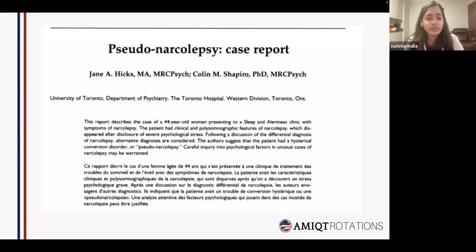So after assessing further over a period of time, she entirely lost all excessive daytime sleepiness. Even the migraine attacks stopped, and this was all attributed later to conversion disorder. That was mainly because she wanted attention from the husband. It could be because in the beginning stages of the symptoms, one symptom that the husband talked about was that he opened the door and the patient fell into his arms.